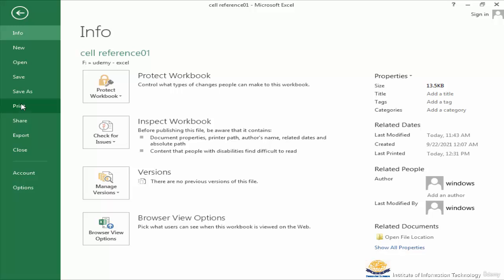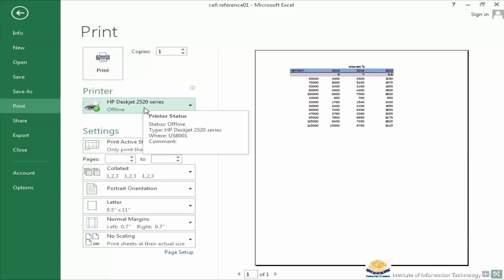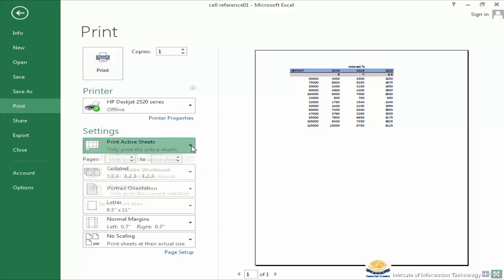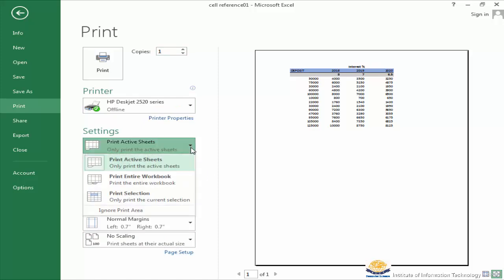Print the entire workbook or the current sheet, or we can print the selected part of the worksheet. In the printer dialog box we can see the current printer name and the copies, and in settings we can see some options: print active sheet, print entire workbook, print the selection,